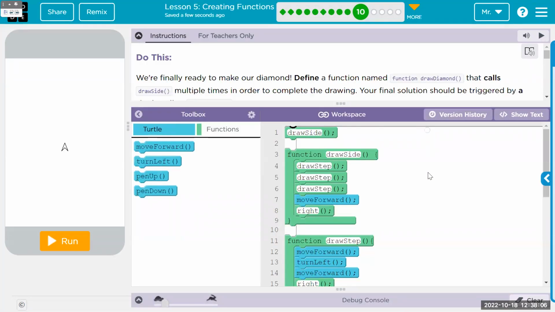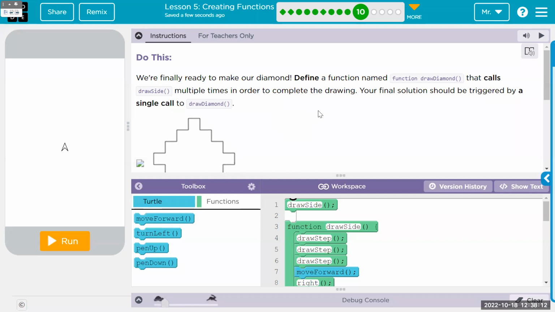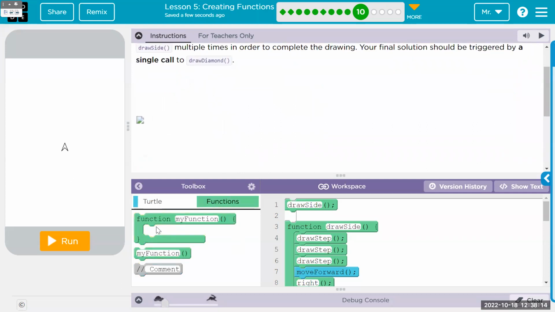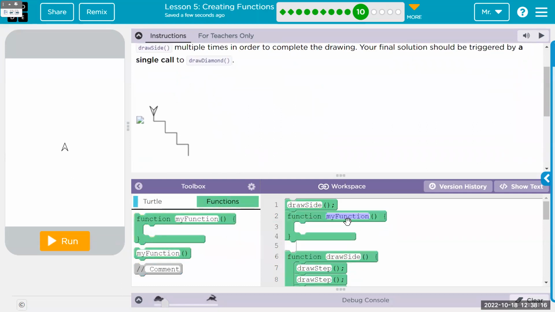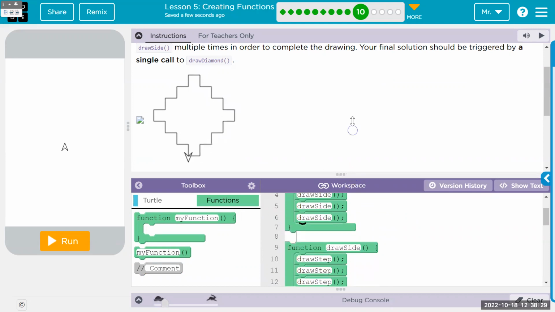And the last step is to set up a new function called draw diamond. And draw diamond is just going to be draw side 4 times. And instead of